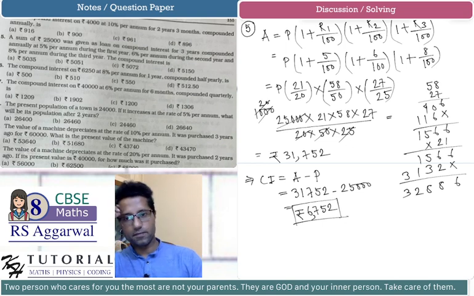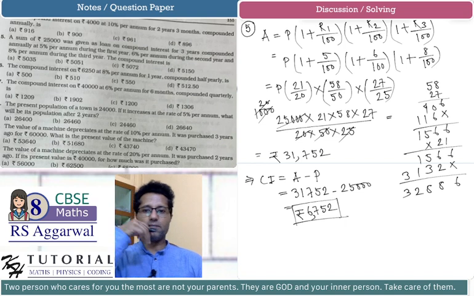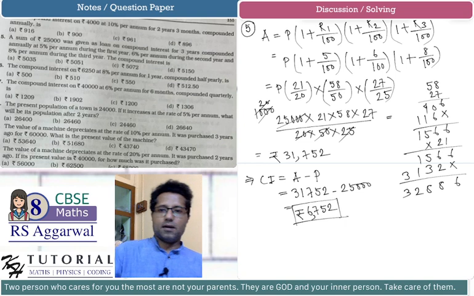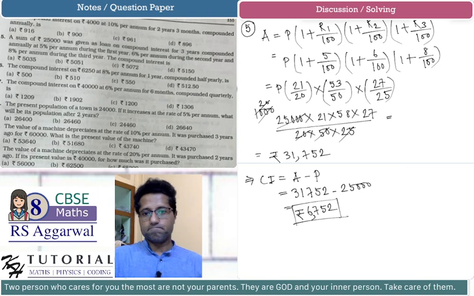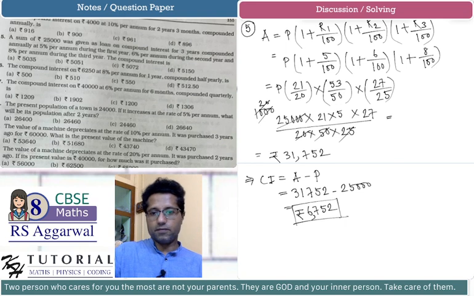It is fine. So 21 multiplied by 58, and I'm sorry, this will not be 58, but this will be 53. So I have to again do the calculation of 53 multiplied by